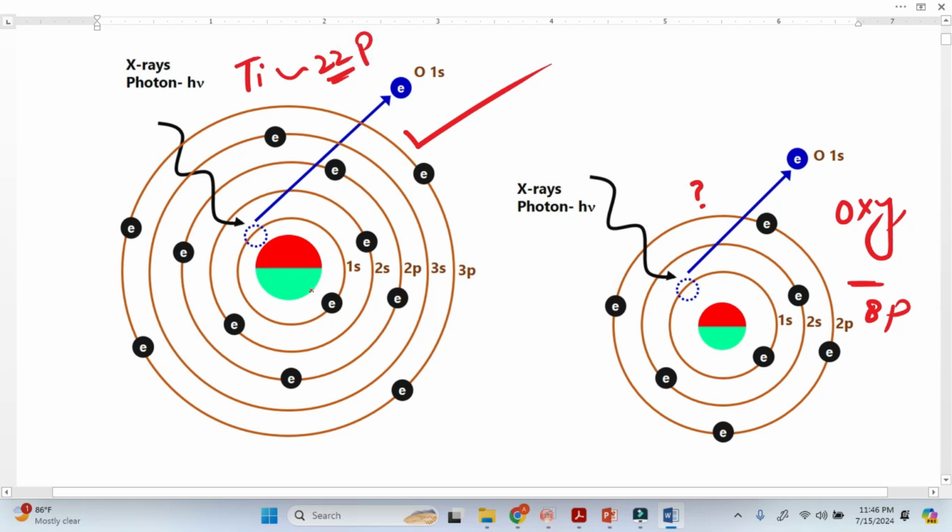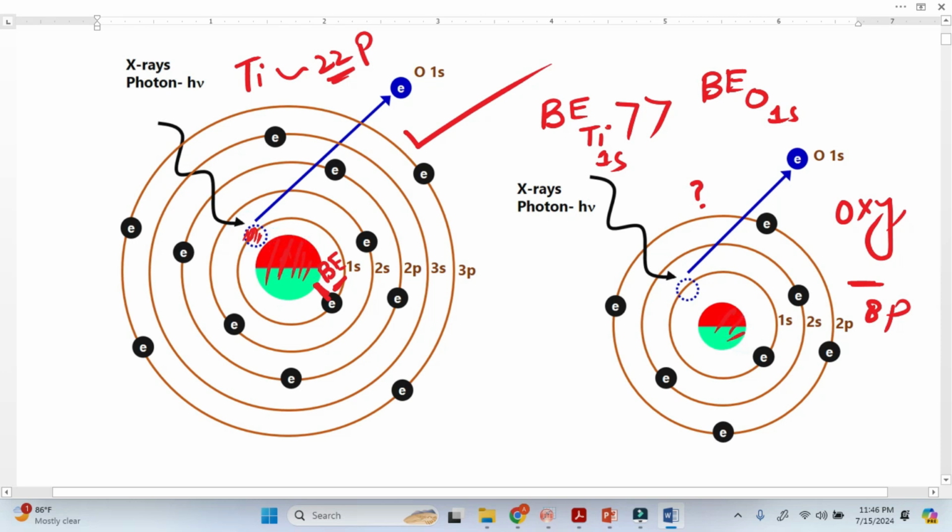If we talk about this first s orbital, here is the binding energy. So this means that the binding energy for titanium is much greater than the binding energy for oxygen, and I'm talking about the first s orbital here. Because these core electrons are tightly bound, there is a more attractive force from the nucleus as compared to